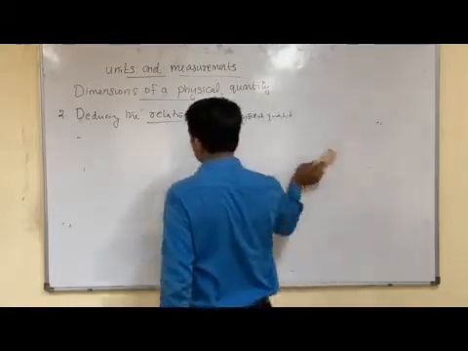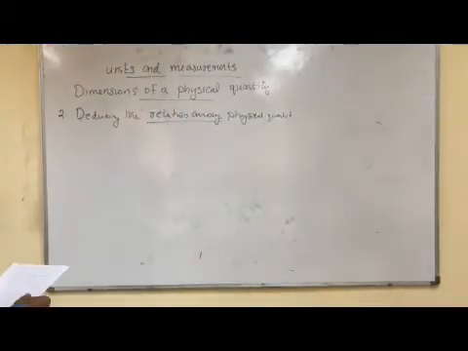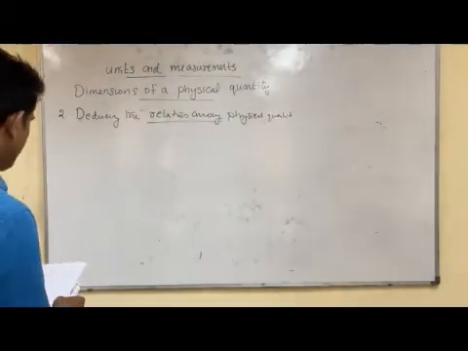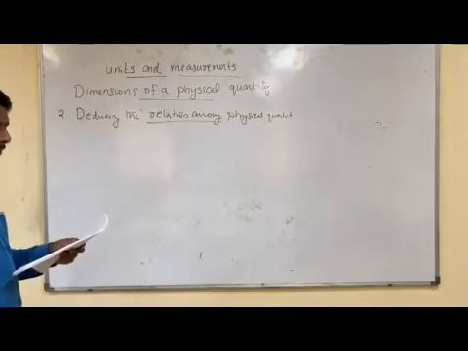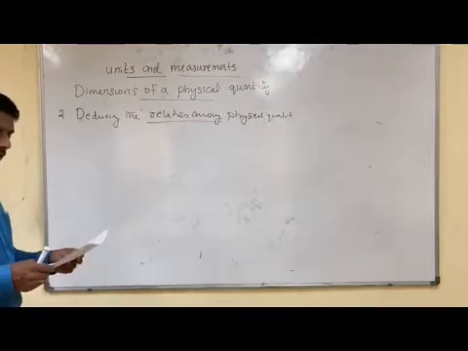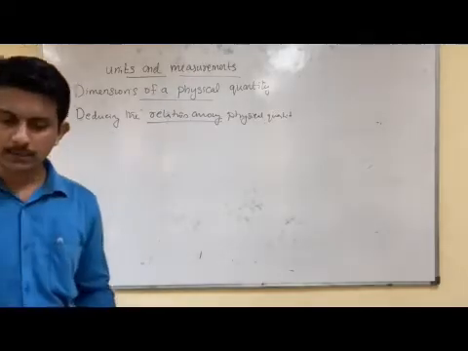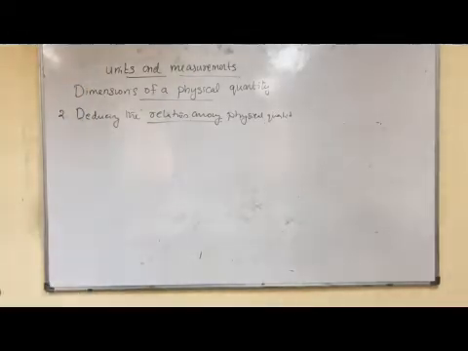We are seeing another situation. We have to consider the case of a question, which is this: a body of mass m moves in a circular path of radius r with a velocity v. Find the expression for the centripetal force acting on the particle. So we are going to find the equation for the centripetal force acting on a particle.